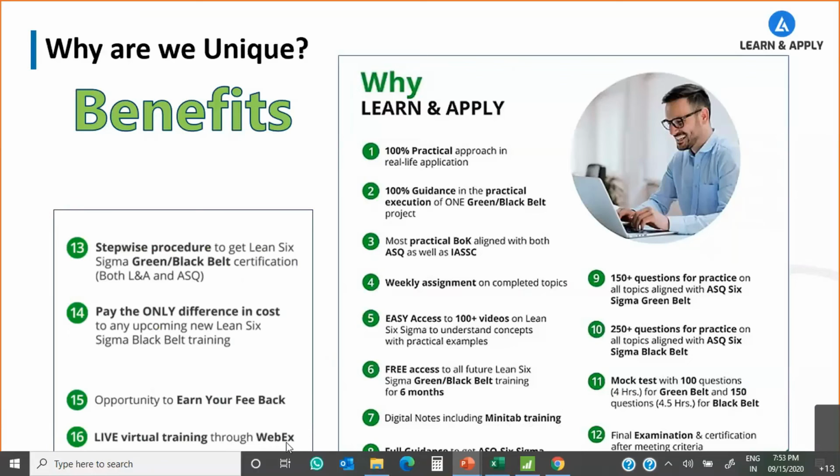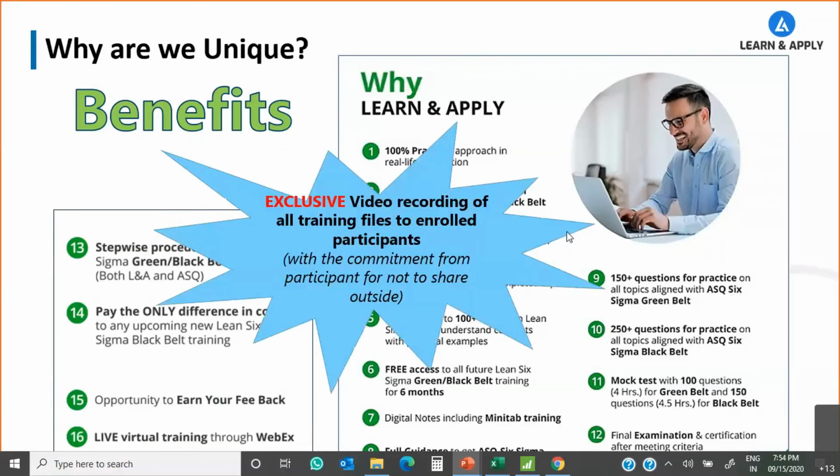We use WebEx for all the sessions, and at the end of the sessions the total recording file will be submitted to you. You can go through the notes and the recording file, and if you have any questions, we have a dedicated session every Friday. You can ask about the theoretical curriculum, the practical application, or your project perspective. If you are going for the Green Belt or Black Belt project and have any difficulty, we can also provide support there. That's what we do.